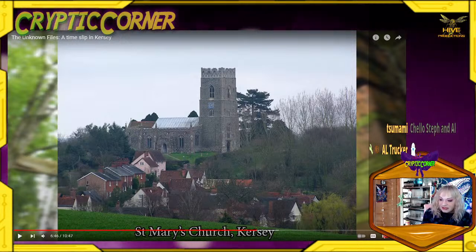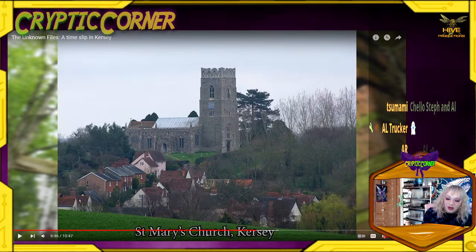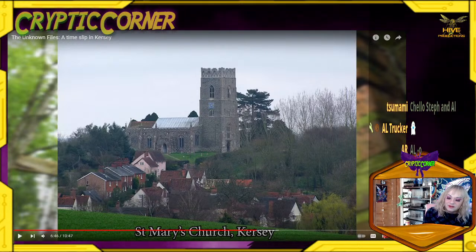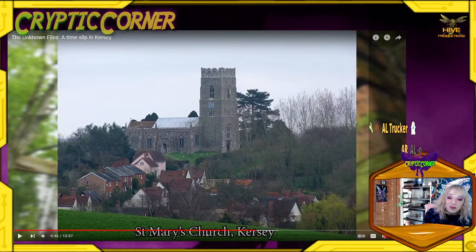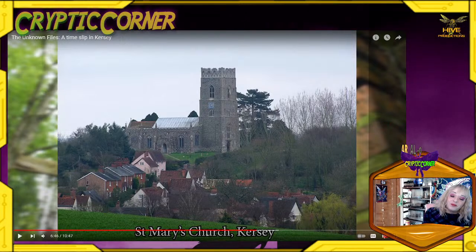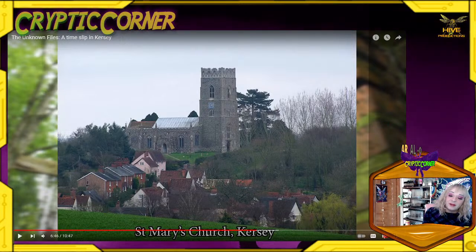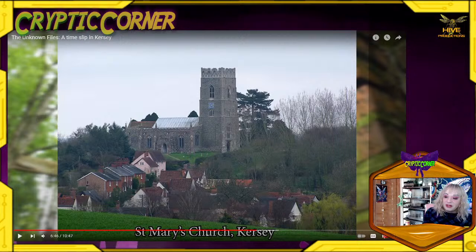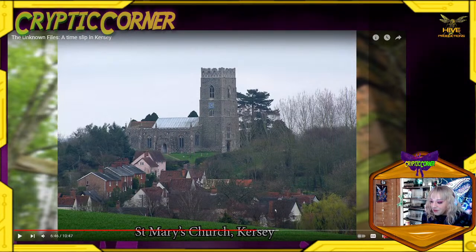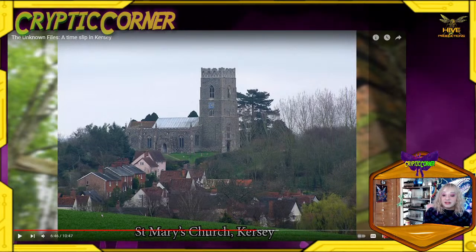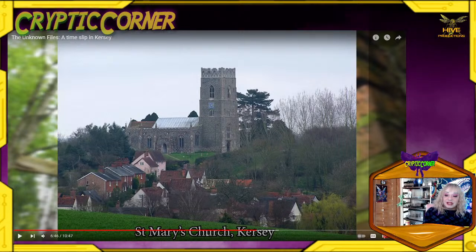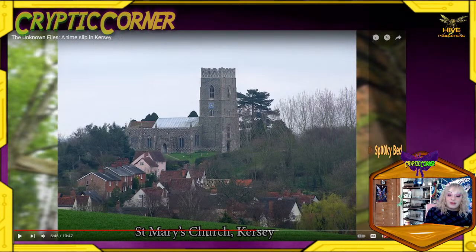Okay, and we get a good look at the township, right? They do have a lot of older style homes, but it does look like most of the stuff was built in the 19th century. These brick buildings are 19th century, possibly built on older foundations, but this type of brickwork is industrial brickwork, so post-industrial revolution. Some of these houses may actually be on older foundations or have older parts, because you can see this wall looks discolored compared to this one, so this wall might be from an older structure.